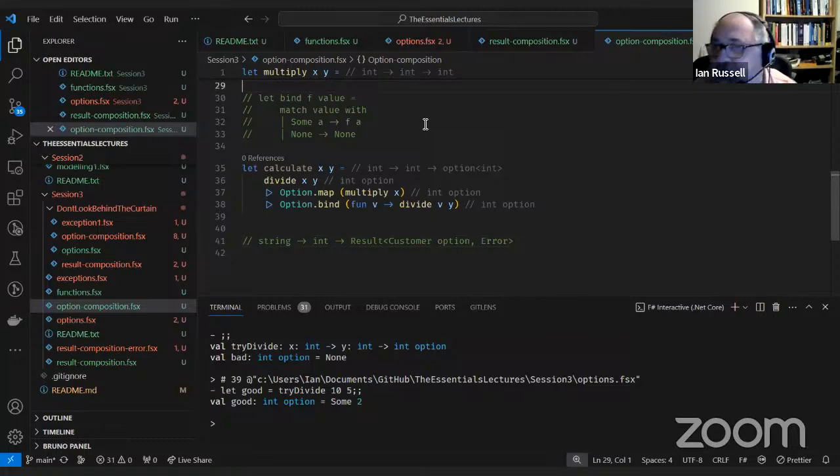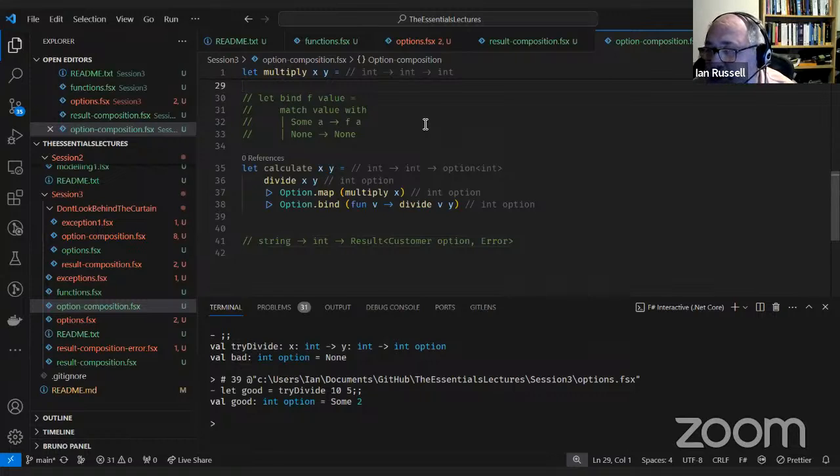But yes, it does mean that you do that sort of thing all the way through. But we do that anyway with things like async. Asynchronous code does exactly the same. What's great about F# is that there's a library like FsToolkit.ErrorHandling that allows you to combine effects together.